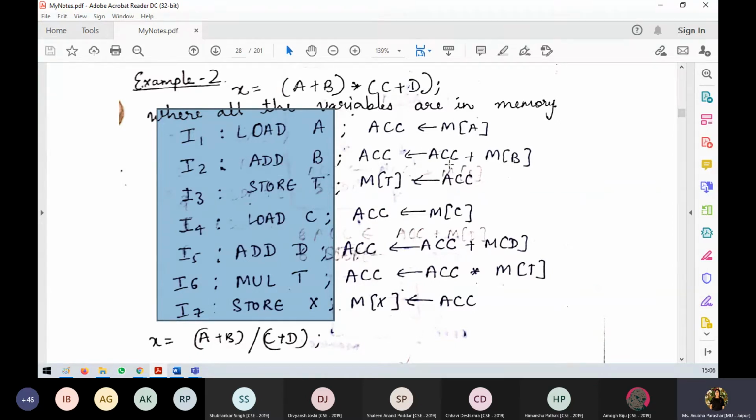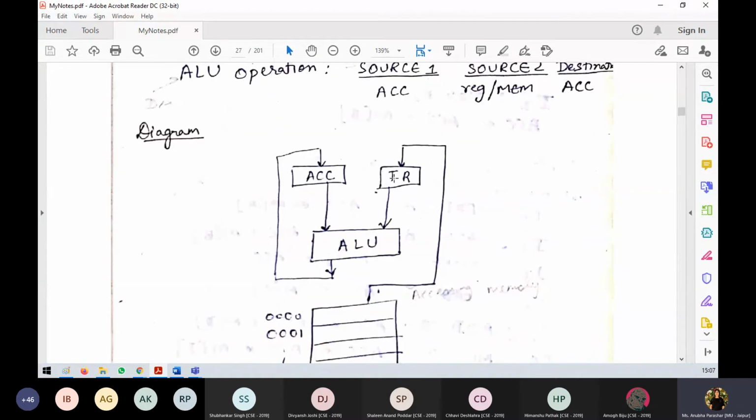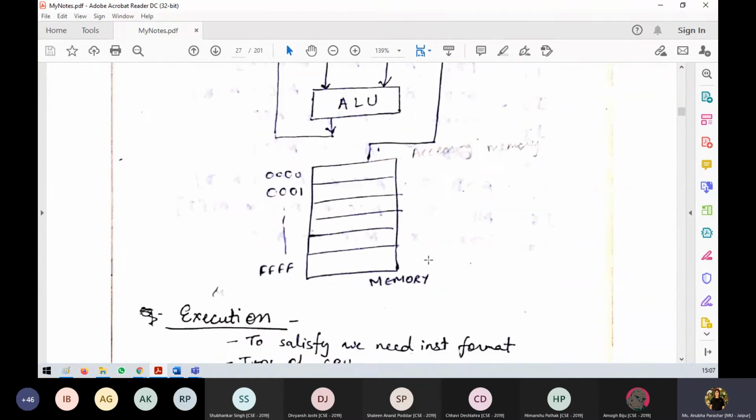That means already we have one value of A in accumulator. We are adding it to B and storing it in accumulator, or it is by default getting stored to accumulator. First day I told you, if you have A plus B, by default the value will come to A. Then we are storing it in temporary register. Why? Because we have only 2 operands. So one of the values is getting stored at temporary register, of A plus B.